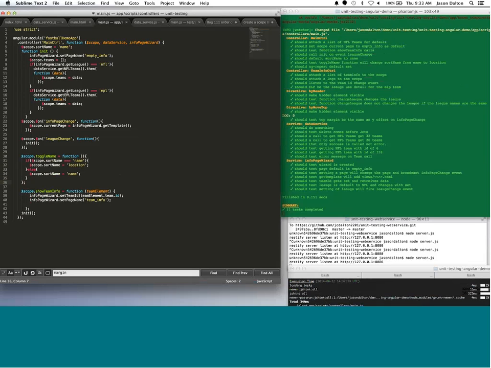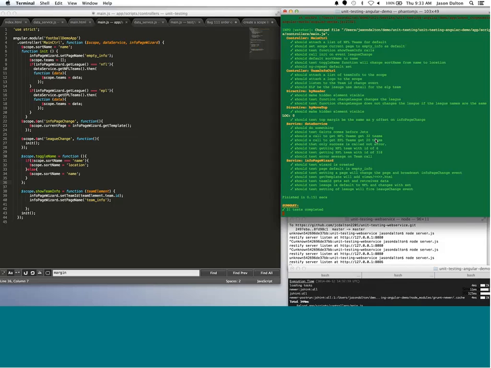There we go, thanks. Okay, so what I did there was I created my sort name, I created my toggle, and you can see now that all three of my tests have passed, okay? And so I'm now very confident in my code here that if I go in and change my HTML,